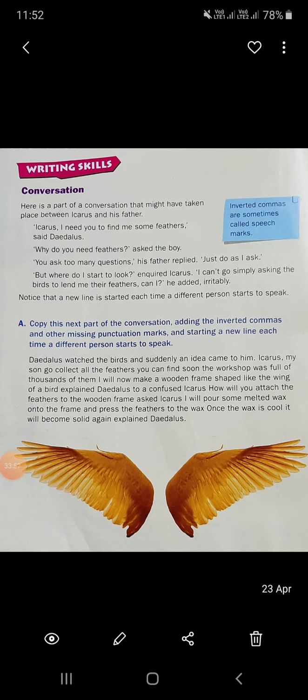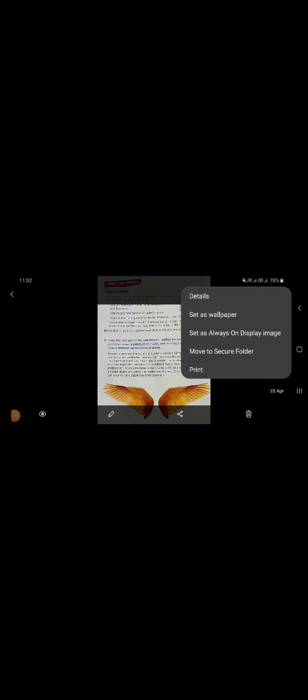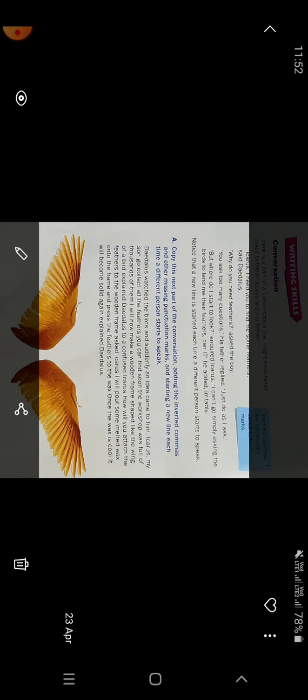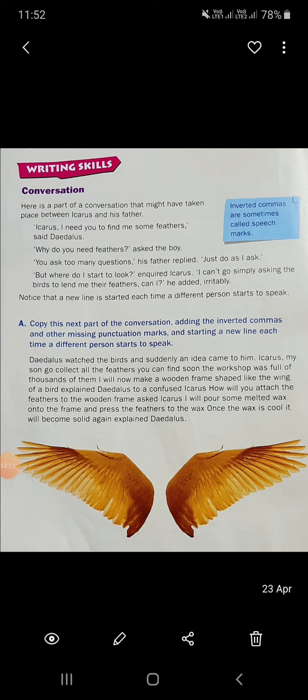As you have listened to the story, I want you to do a follow-up activity based on this. It's a conclusion part. Let me ask you 3 questions. Based on that, you'll record your answers. Why did you like the story, The Flight of Icarus? Why do you like it? The second one, what have you learned from it? And third one, suggest an alternate ending. You can suggest an alternate ending for this story.